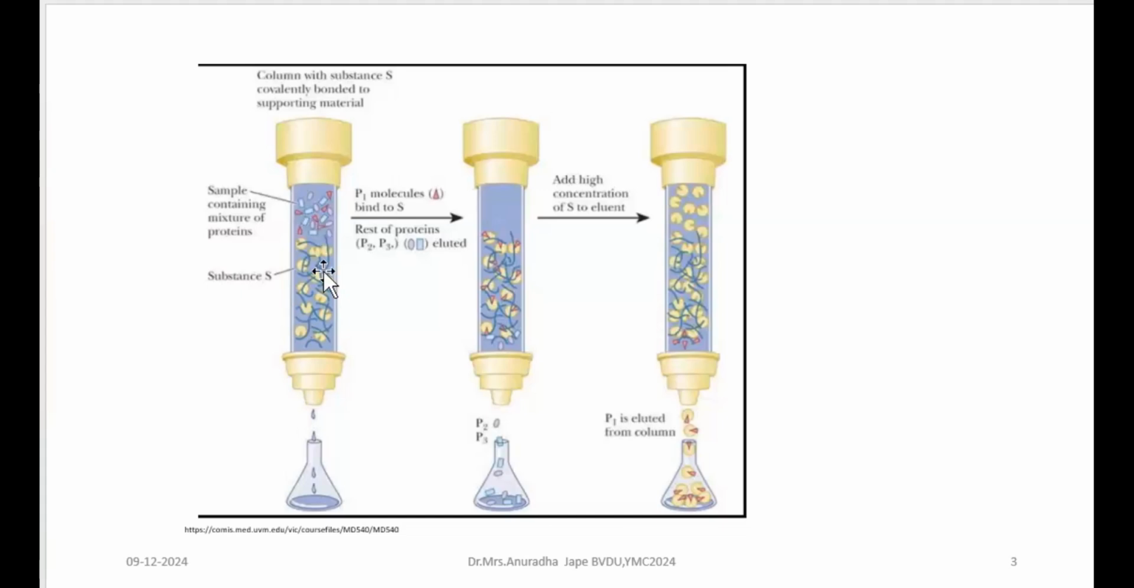For example, in this support matrix, I am going to add a substrate analog so that the matrix is coated with analogs, and when I add the protein mixture, only the protein which finds this substrate analog similar to its own substrate will bind to it. But because it is a substrate analog, the enzyme will not react with it, but will just have binding specificity. So the reaction will not proceed, but it will remain anchored onto the column, and all other proteins will come down along with the